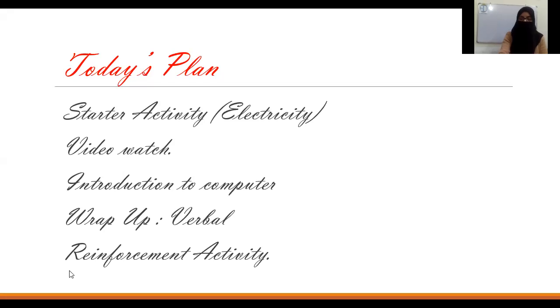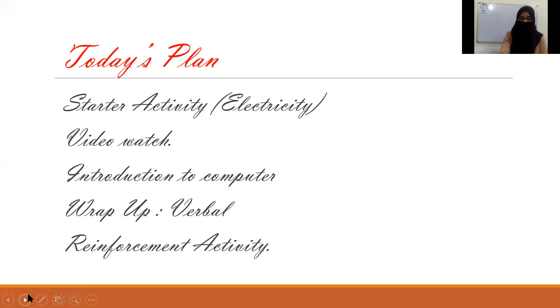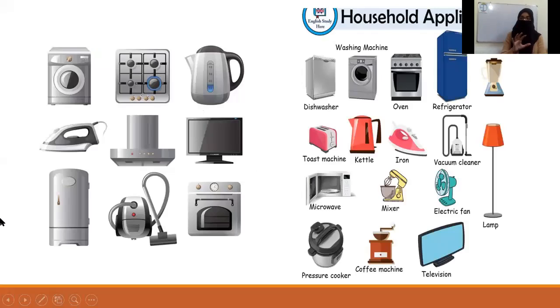With our lecture. Okay, so we have discussed, I'm going to show you a picture. There are some more electric appliances that use electricity to run. There is this electric kettle, there is this washing machine, there is this electric oven, television, vacuum cleaner, there are electric fans, right? Okay, so all of these things use electricity to run. There is this vacuum cleaner, lamp, television, coffee machine, and all other things. So all of these machines, what do they do? They depend on or they use electricity as energy to power or to run things.